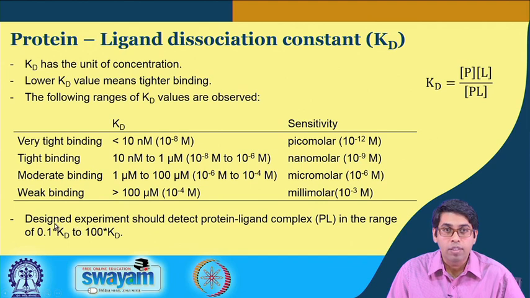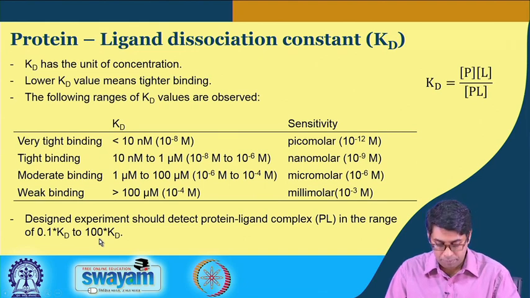So, again the typical titration setup will be set in such a way that you cover a range of almost 1000-fold. So, this is 0.1 Kd to 100 Kd. So, if our binding constant is let us say 10 nanomolar, you should be able to detect 1 nanomolar up to 100 Kd. So, 10 nanomolar times 100 is 1 micromolar. So, you will actually detect a range of 1 nanomolar to 1 micromolar in your experiment to determine a binding constant of 10 nanomolar.